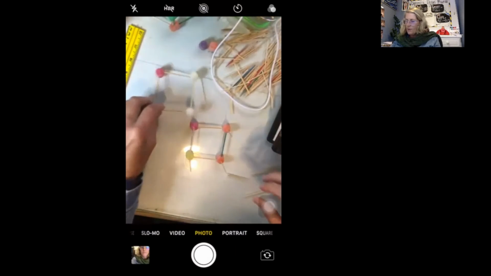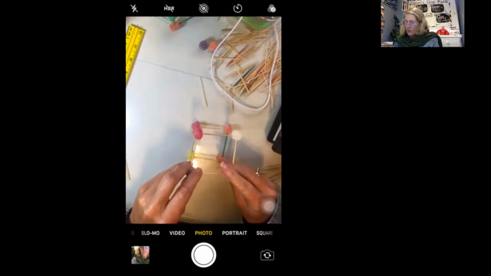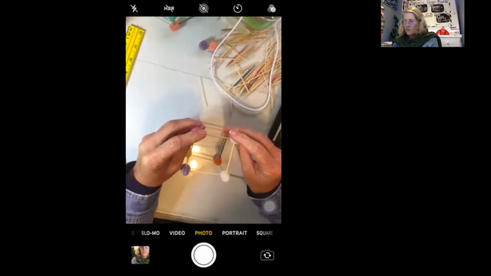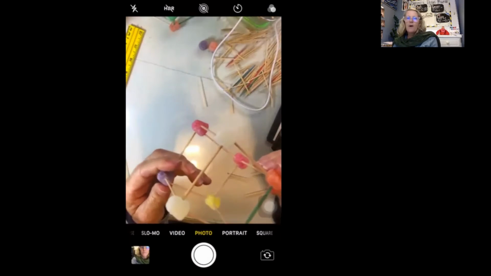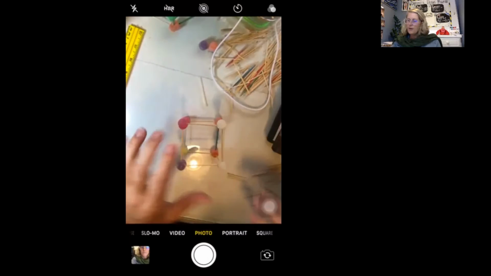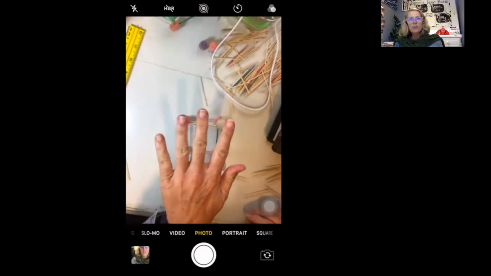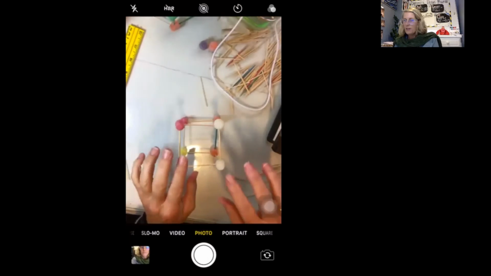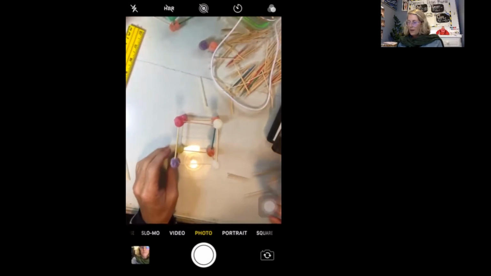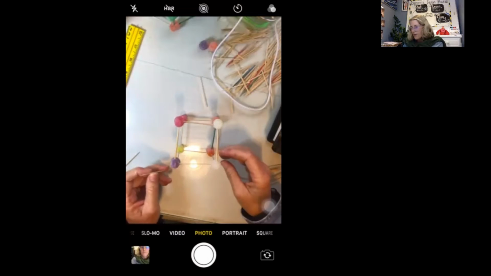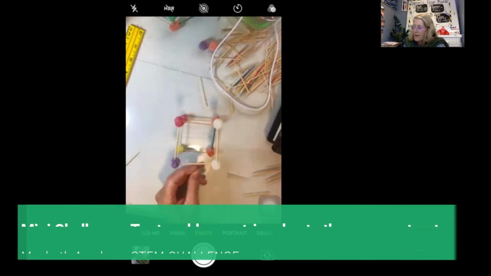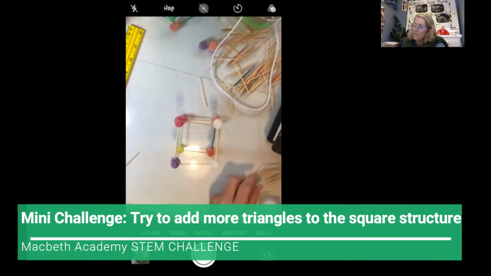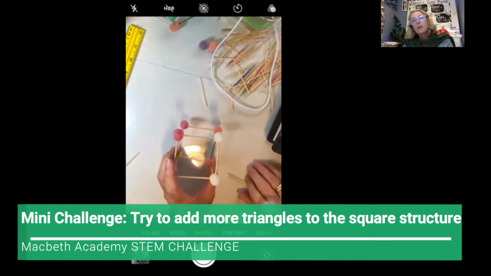There we go. Now we're going to place this on top, and what we have now is a cube. We have lots of squares, but this is now a cube. I can already feel that if I apply a little bit of pressure on this, it probably will collapse. So I would probably want to figure out a way to make it so that we would have more triangles in there. All right, so that's going to be our cube